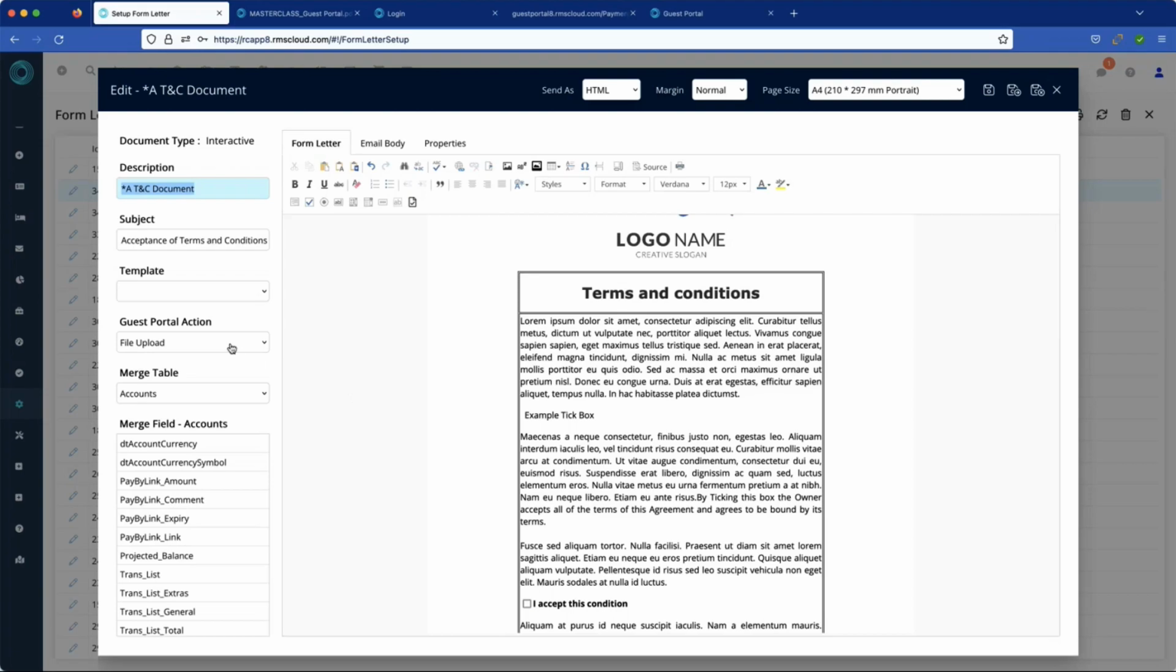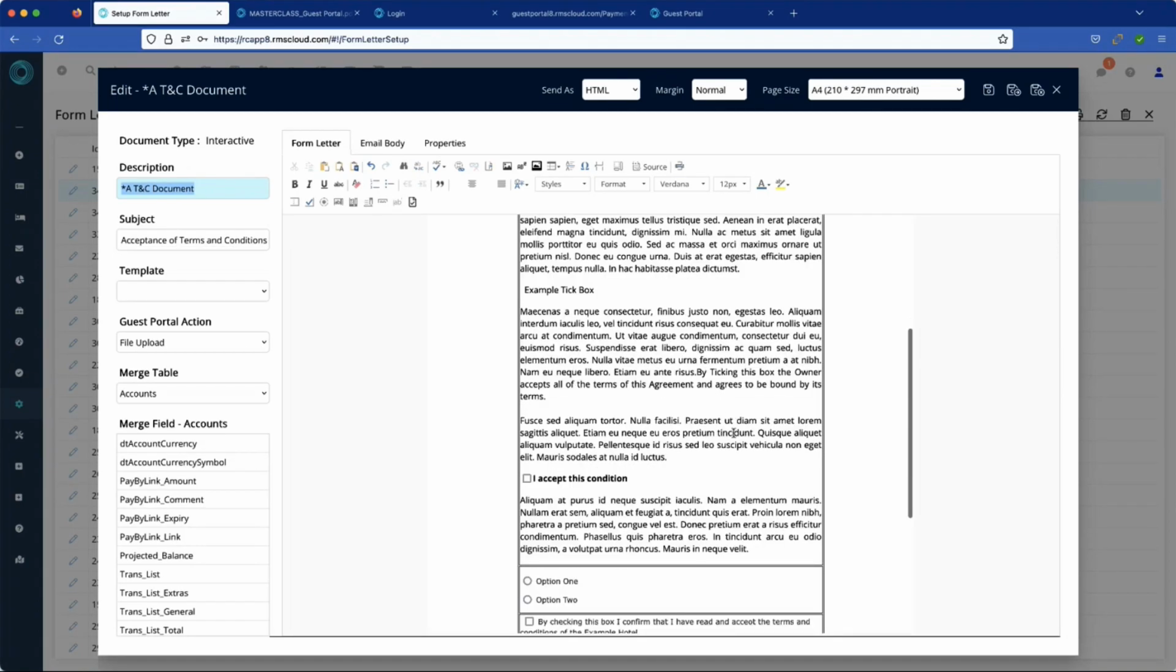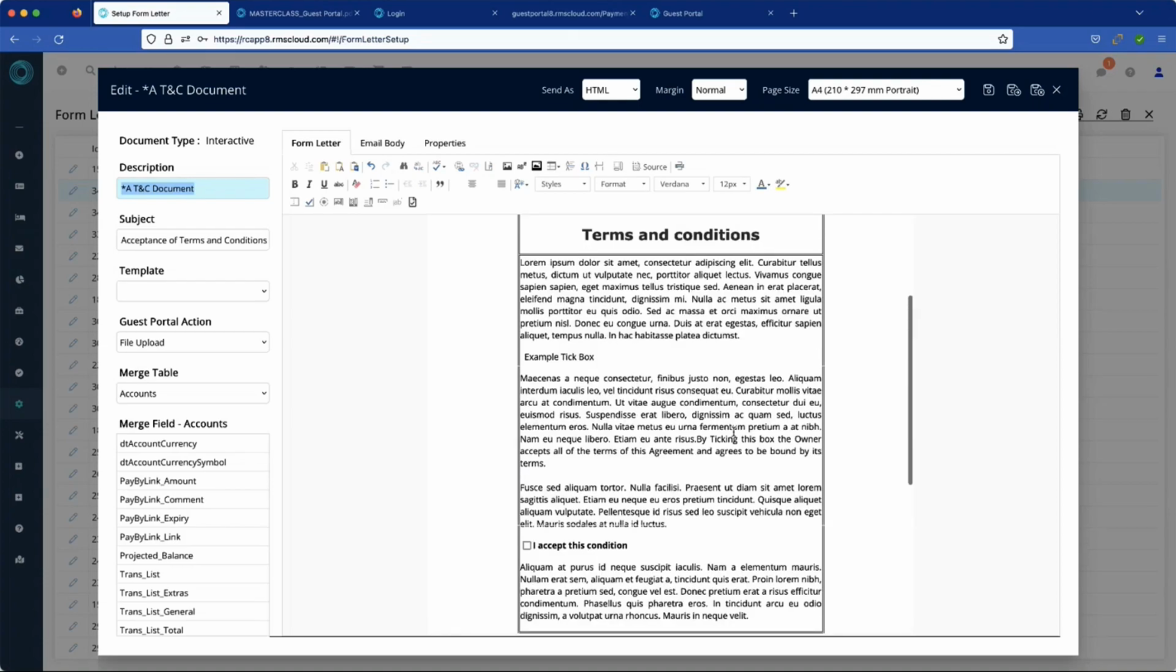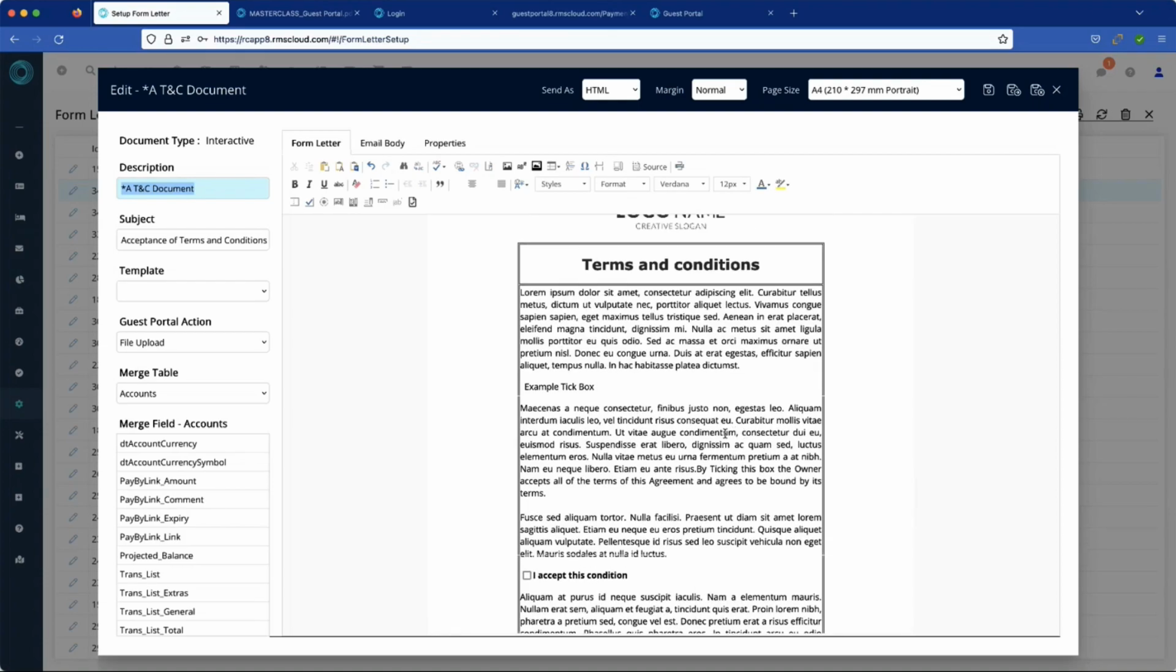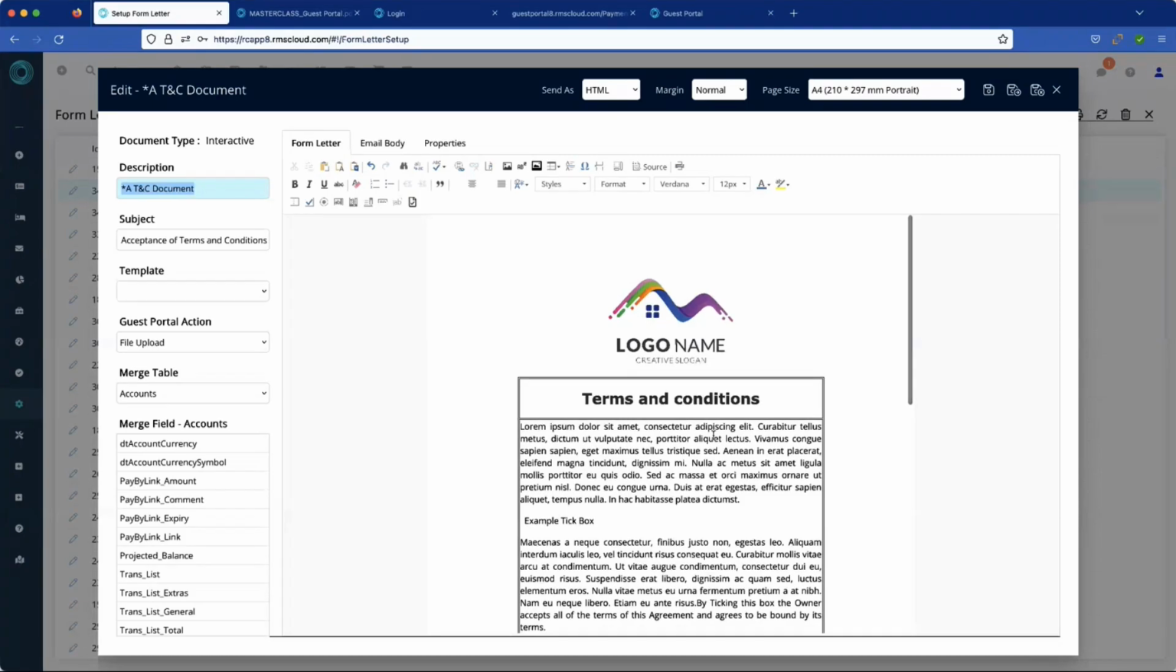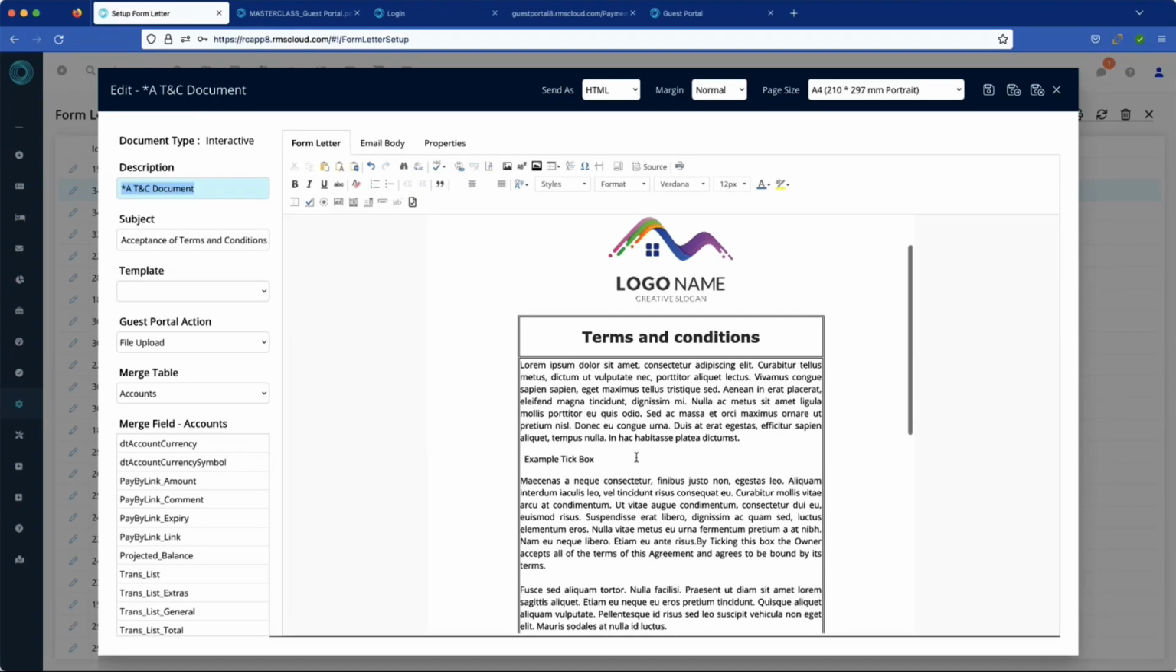One of the things I've done, I've chosen a guest portal action, in this particular case, a file upload. If you don't need them to upload anything, then you wouldn't do that. And you'll see I've created this email. Now, I don't want to spend too much time talking about form letters and emails, but just go over a couple of little things. One of them is I heavily endorse the use of tables when you're putting together an